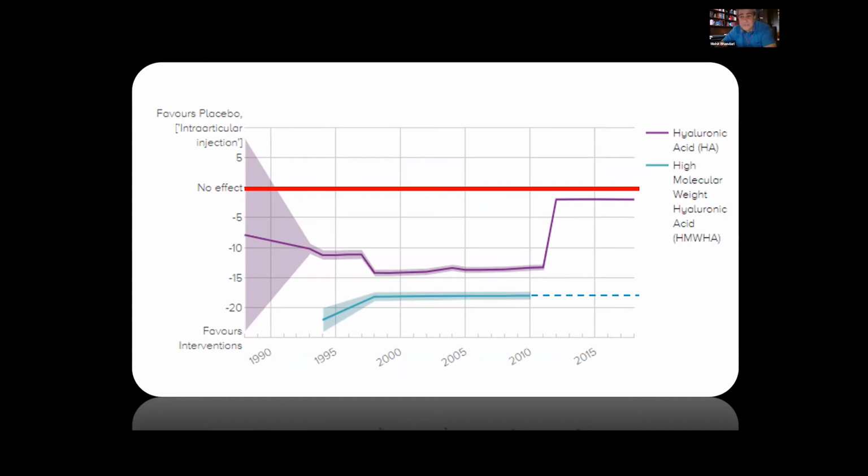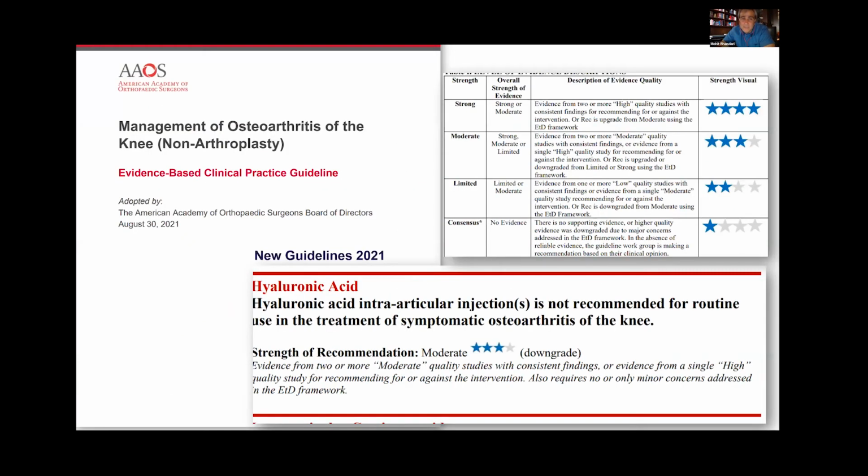In terms of the messaging, I think the messaging you talk about in your 2015 paper was always known, I think, Ravi, right? The known was that higher molecular weights do perform better than lower molecular weights. The lower molecular weights do not mean they have no effect. It means their effect isn't beating a threshold of what we consider patient important differences or minimal clinically important differences. The higher molecular weights seem to be both statistically and clinically important. And I think that was a really interesting point.